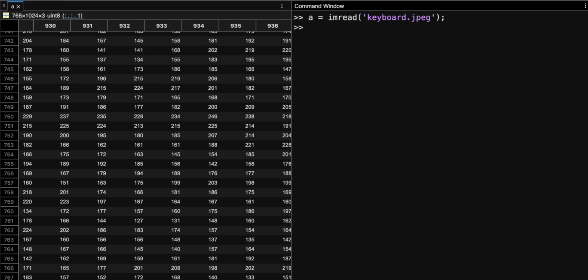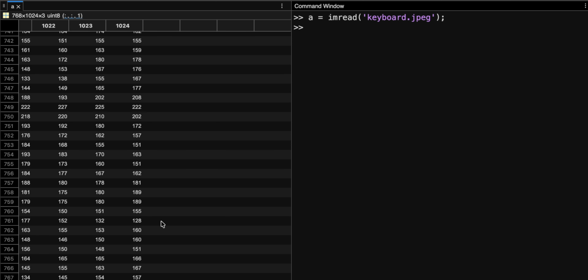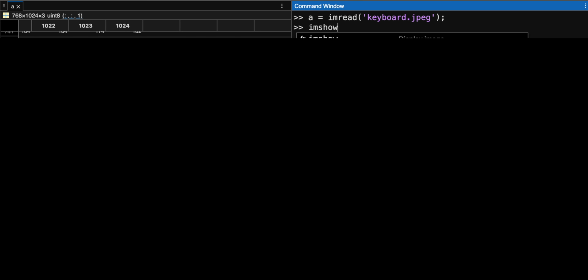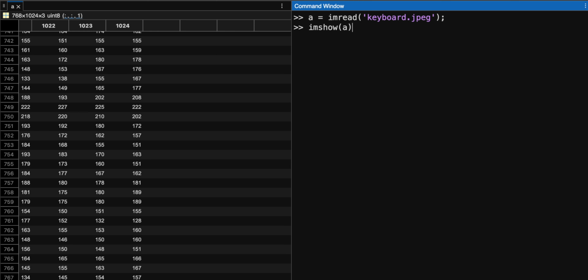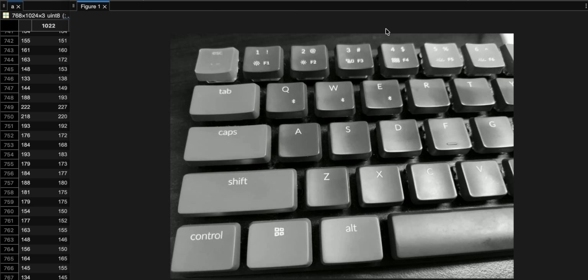Well, it seems that this image has 767 rows and 1024 columns, and we can use another MATLAB command, imshow, to read the values in A and visualize this, of course, as a grayscale image. That's all. Thank you very much.